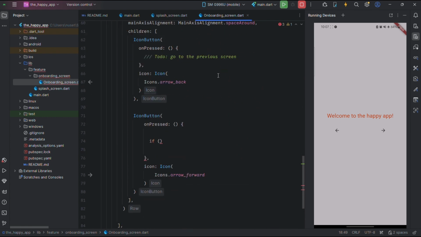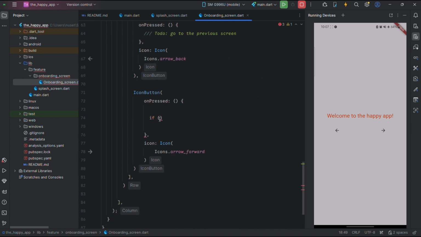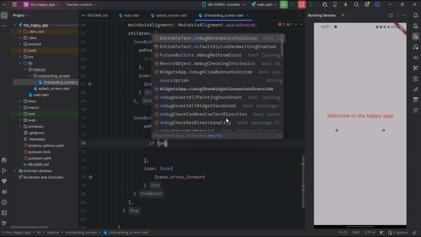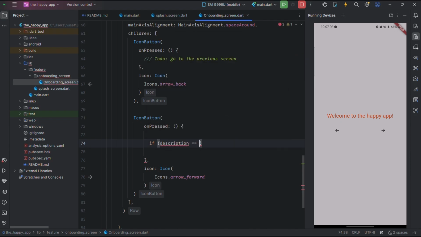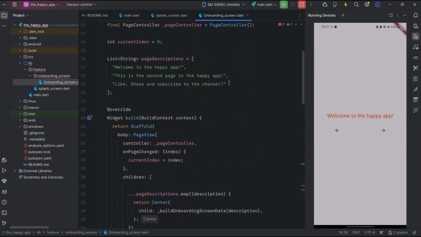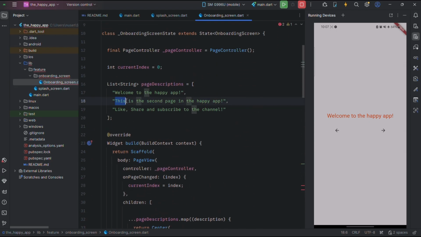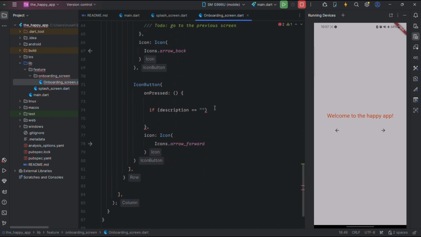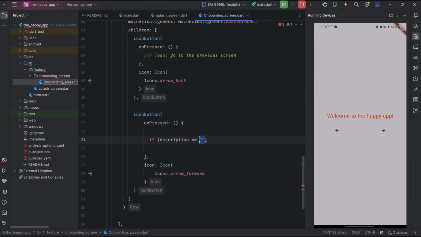Okay, so we are saying if the description we are getting from here is equal to the description from this, all right, so I am doing it this way. In our later videos, we'll see the best way to do this. All right, so if the description from there is equal to this description,